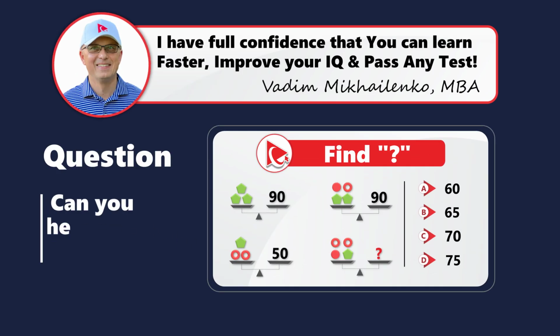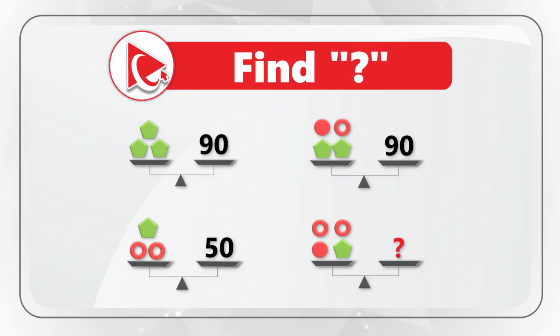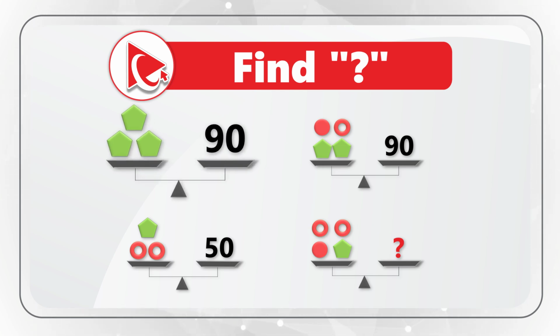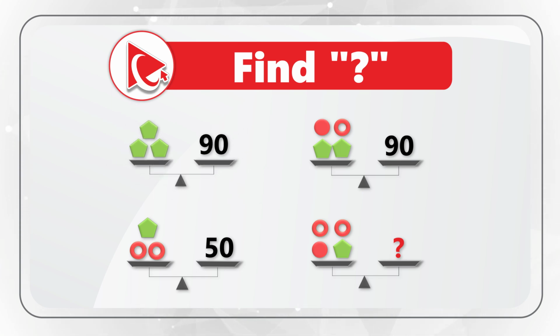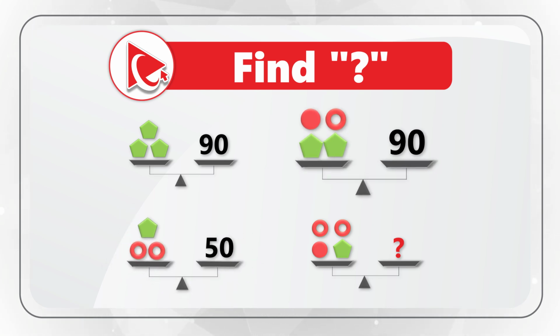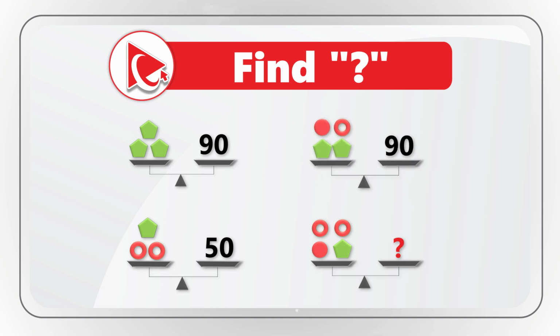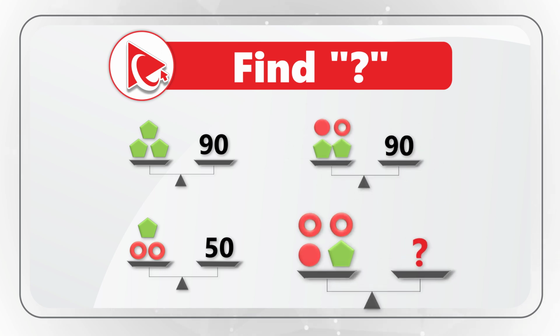Here's a puzzling question which you might find difficult to solve, but the solution is really simple. You're presented with 4 scales, and you need to calculate the missing number. First scale contains 3 pentagons on the left and number 90 on the right. Second scale contains 1 pentagon and 2 bagels on the left and number 50 on the right. Third scale contains 2 pentagons, 1 circle and 1 bagel on the left and number 90 on the right. And then the last scale contains 1 pentagon, 1 circle and 2 bagels on the left and then missing number